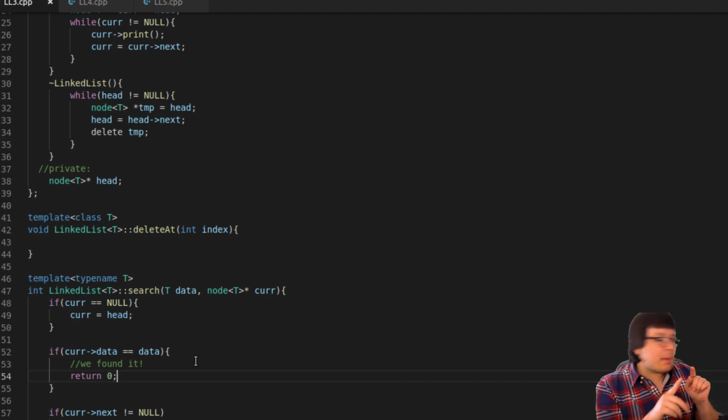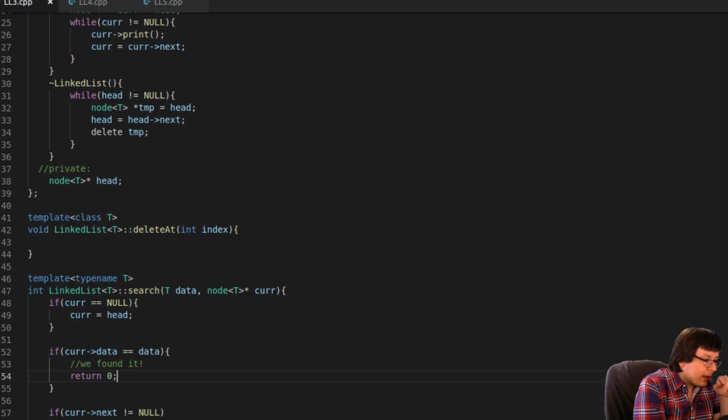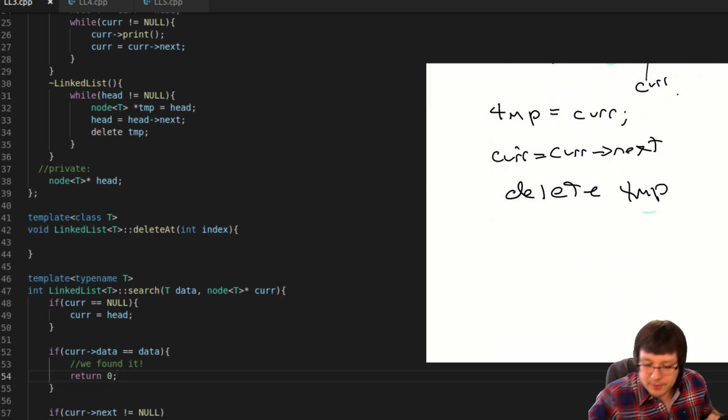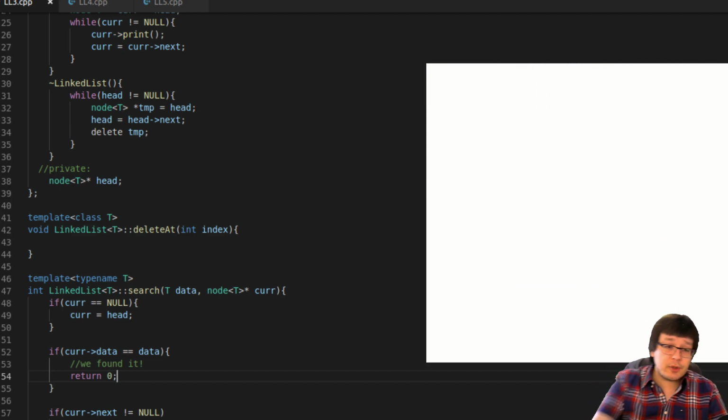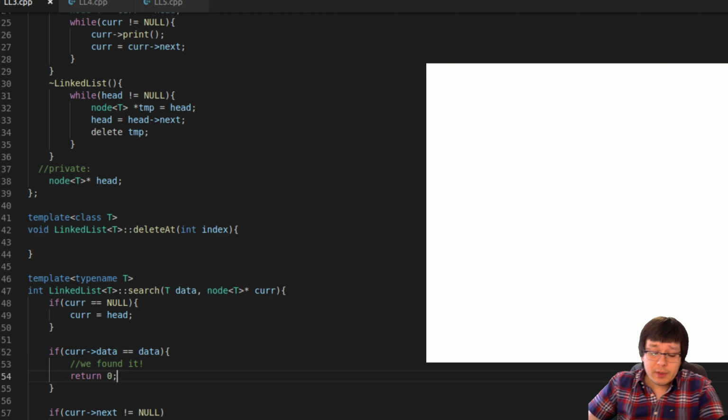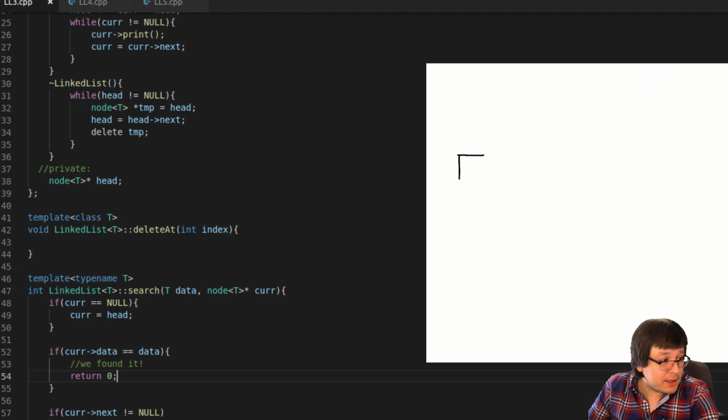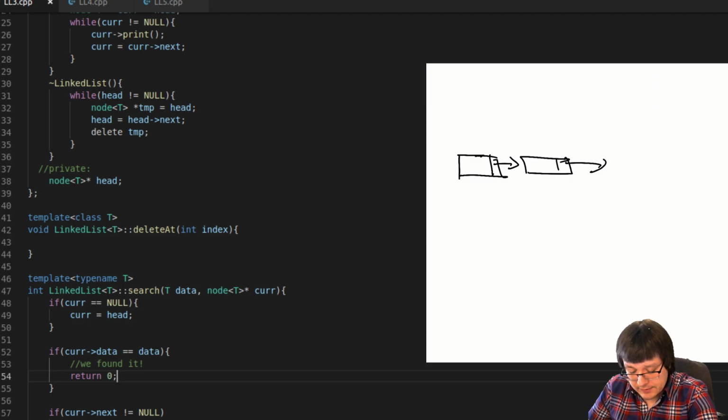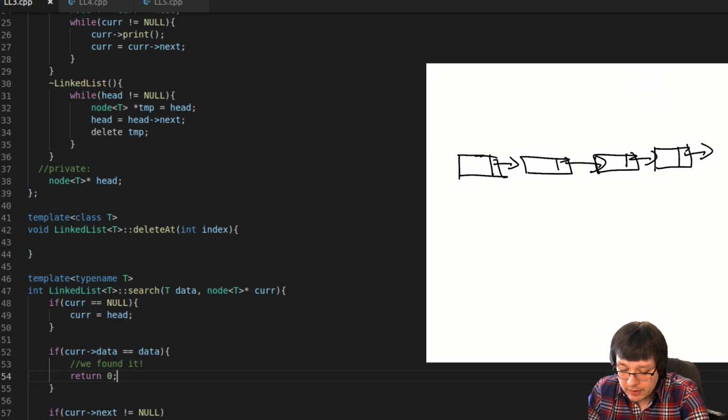Because what's going to happen is this. Let me draw it out, because this is a little tricky. I did not expect this to be as tricky with the recursion, but hey, that's why we're practicing recursion. So what's going to happen is if we have a linked list like this. Okay, I think that's enough arrows.